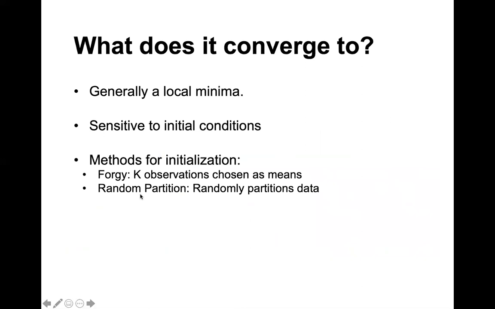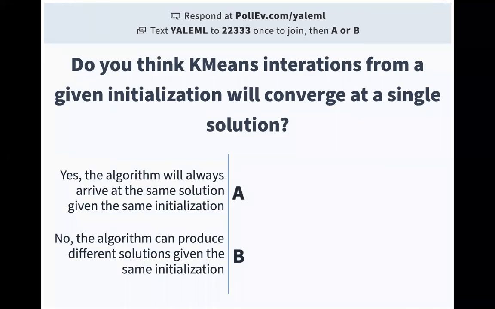There are also random partitioning methods where I take random groups of cells. So say instead of just 1, give me like 10 or 20, and then pick their average as a cluster centroid. So here's one question I have for you. I was telling you that the final solution